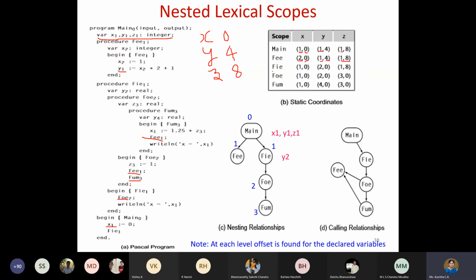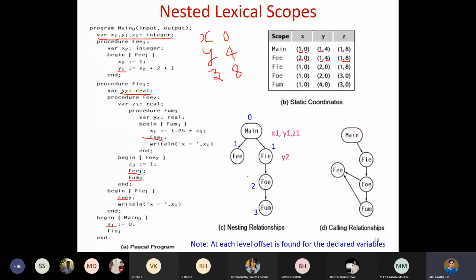Coming to the FIE function. If you notice, within the FIE, we have the variable declared as y2. Now the scope of the variable y will change inside this FIE function, and we have not redeclared x and we have not redeclared z.